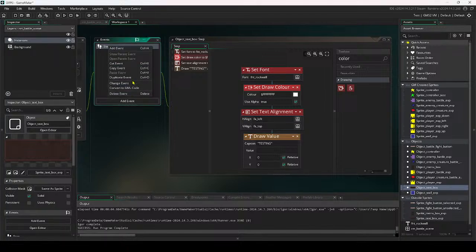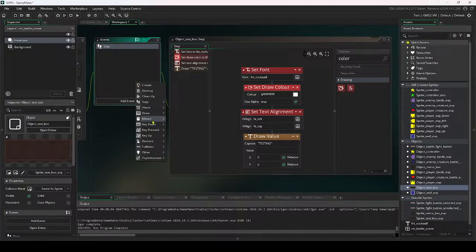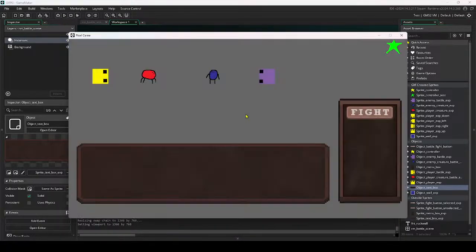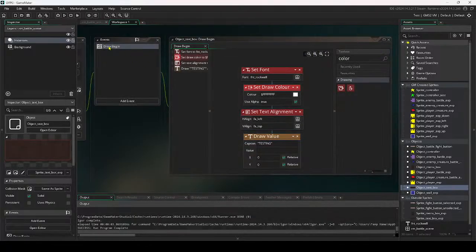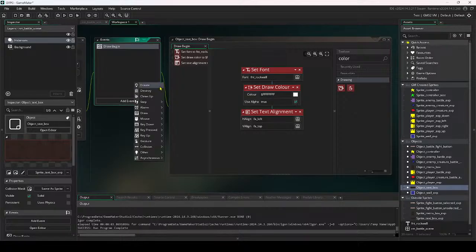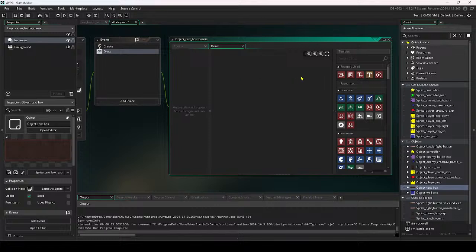Okay, and excuse me. So does it have to be draw begin or draw? Just draw. Let me change. Now, these will be create, add event, draw. Draw value. And so